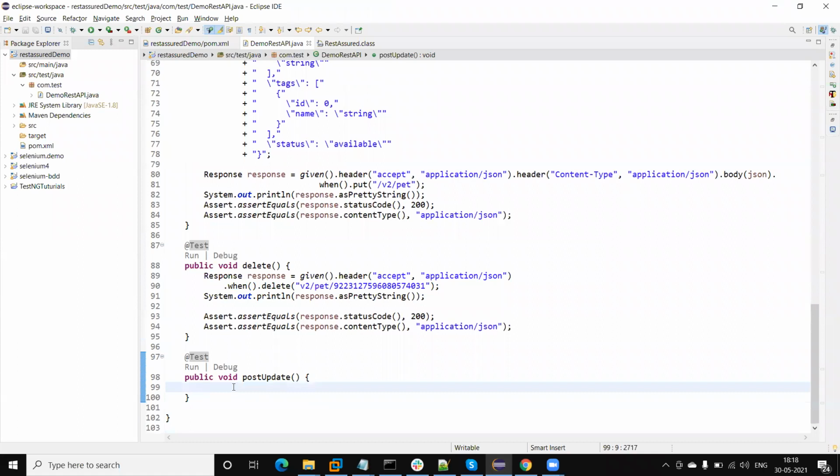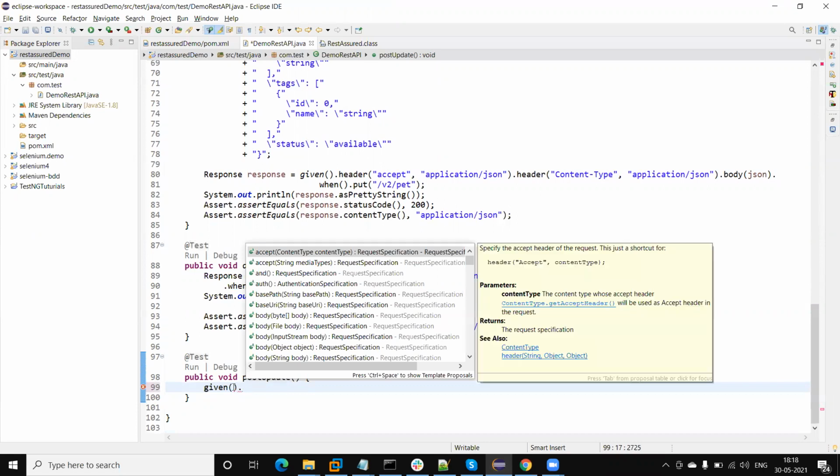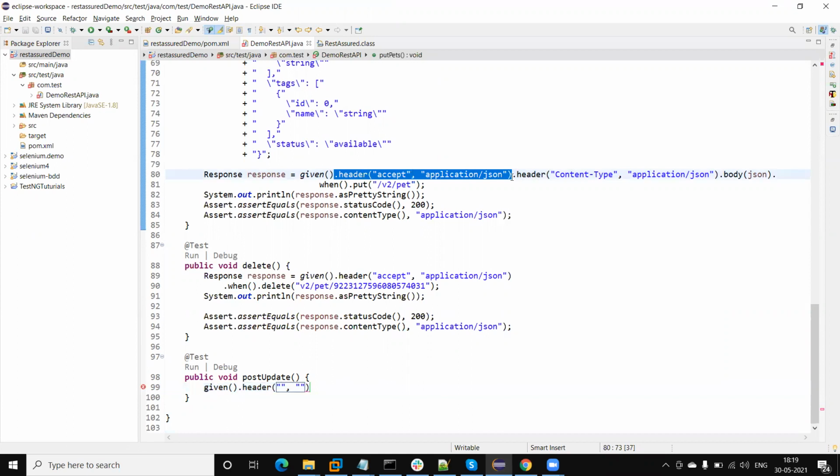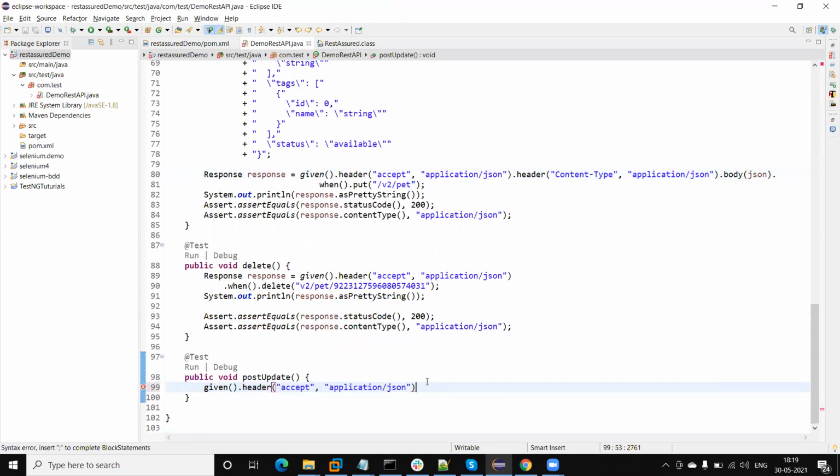Let me write here. So first of all, I will call given. Then here is the headers part. I will add in headers, we need to set up the content type in key and value format. So its header will be like this, except this one. Okay, so I have set up here.